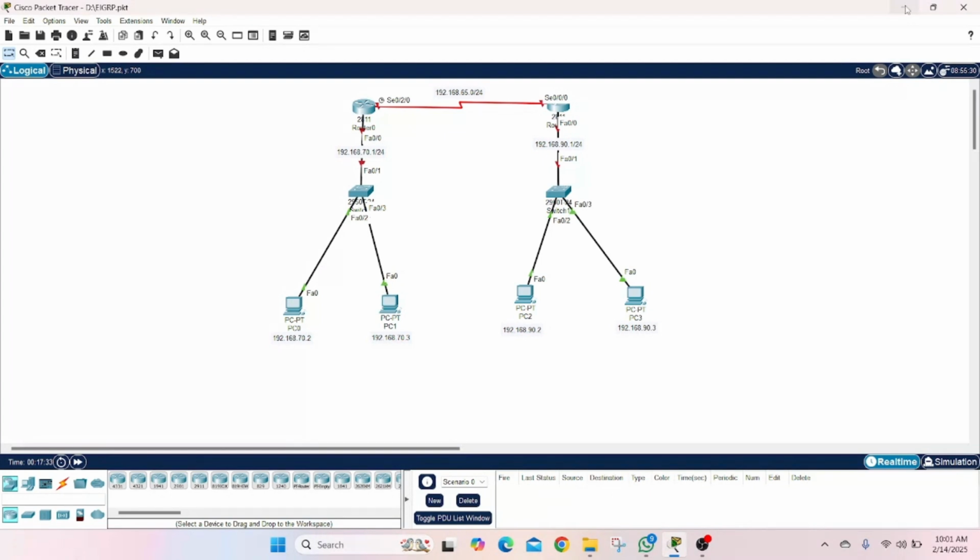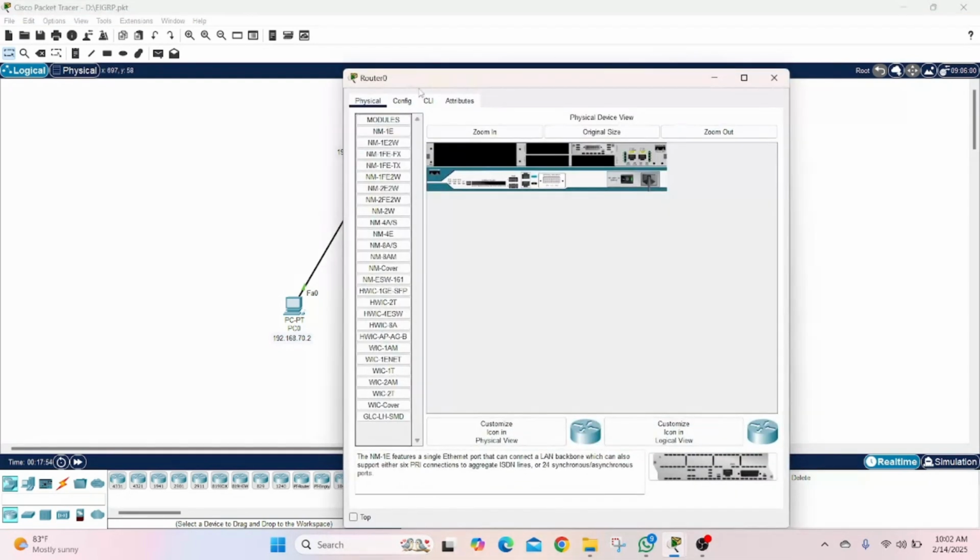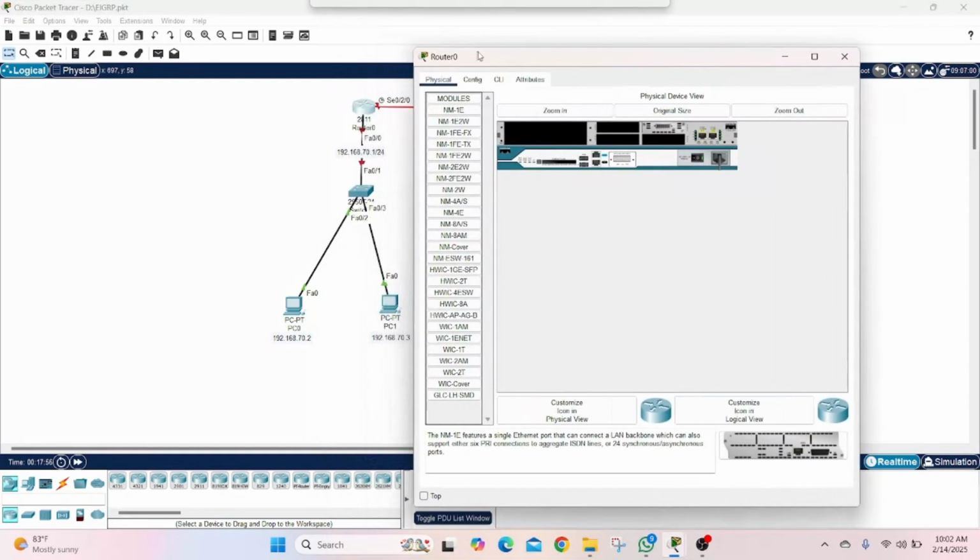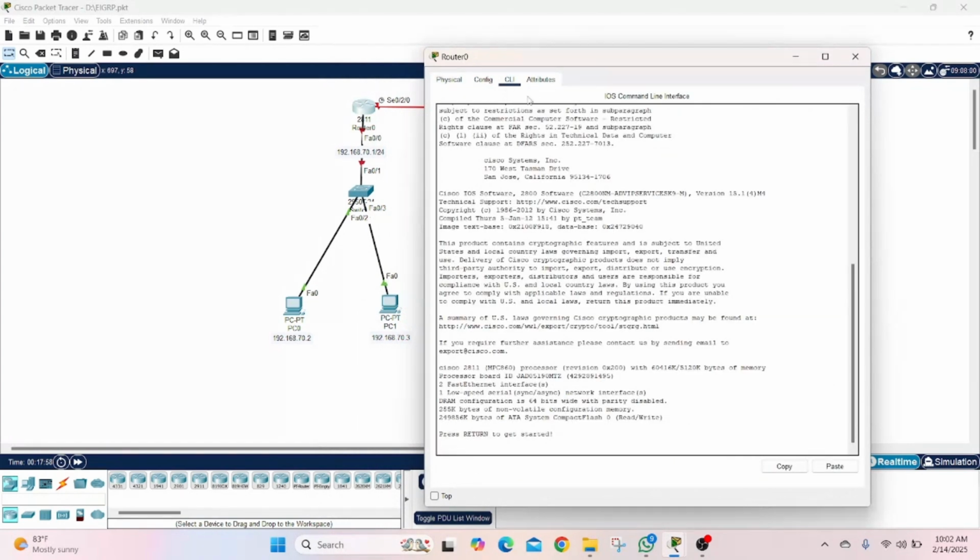As you can see, I have a simple network setup in my Cisco Packet Tracer. But before we go into EIGRP configuration, we have to first set up our routers. As we did in our previous video on OSPF, we do the same thing in configuring our routers here. So I would open router 0, which is on the left hand side, and go into the command line interface and